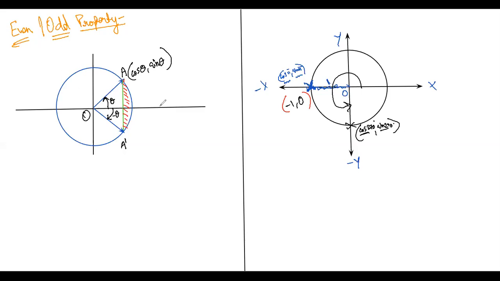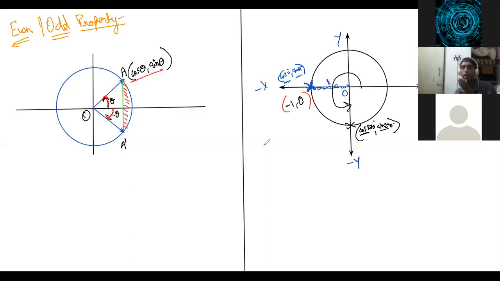Hey, how can you say? See, because if you're going theta in one direction, you're getting this. If you're going the same theta in the other direction, you'll get the image, na? I don't know how to explain. I hope you get it. You're going in a particular way in one direction. If you go in the other direction, you'll get the image.